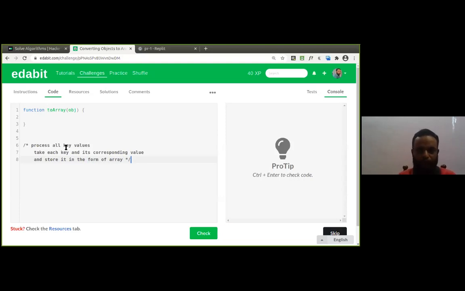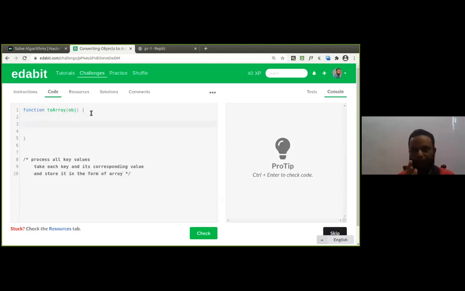Yeah, good. So how are we going to do this one? Again, we have to process each key. So how are you going to take each key first of all? If we know the key, we can get the value. The basic concept in an object is if we know the key, we'll get the value, isn't it? Yeah, object. Very good. The answer has come from Rohan Muzaffar. It's right. Good. Will there be any other answers?